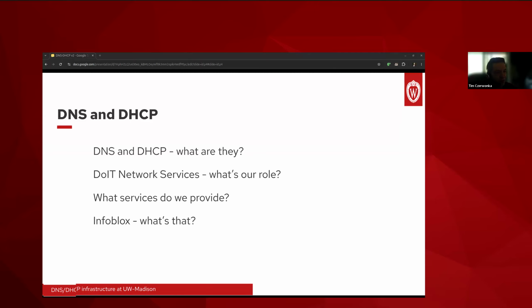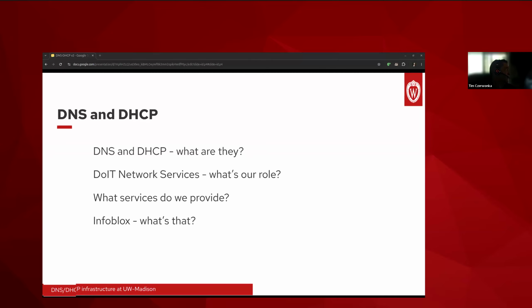DeWitt Network Services. So what is our role? There are about 50 of us, give or take, that not only provide the network connectivity for many of your devices, but some of us also ensure things like these DNS and DHCP services continue to function and just work. And a lot of that is not just making sure the power's on, but it's monitoring, capacity planning, security considerations, and with that goes patching, configuration, upgrading, migration, purchasing issues, things like that.